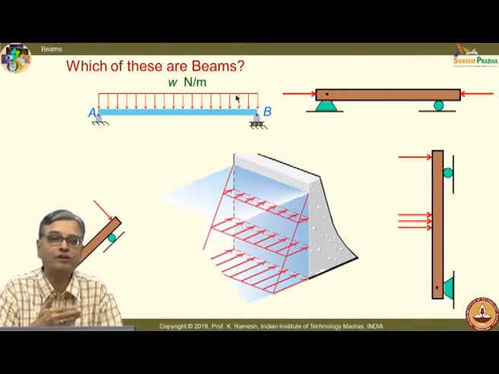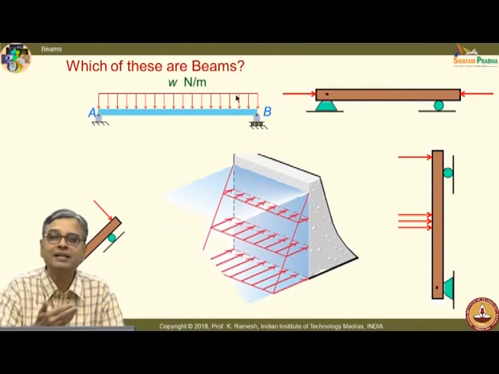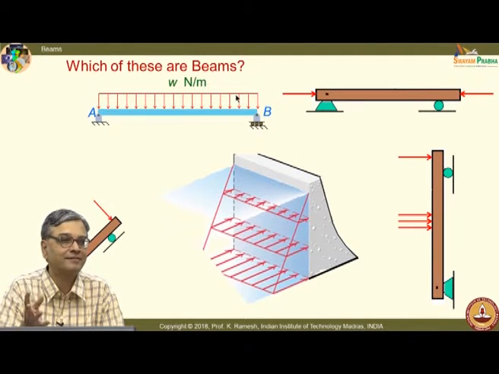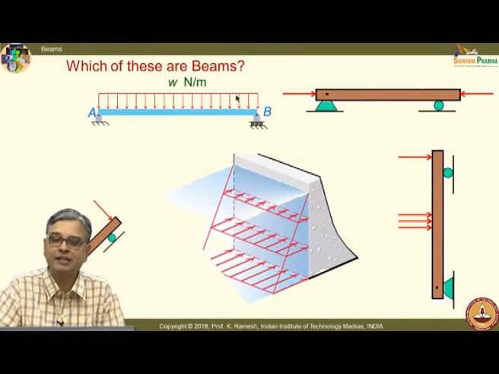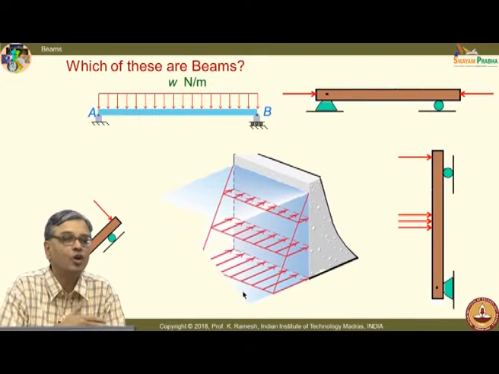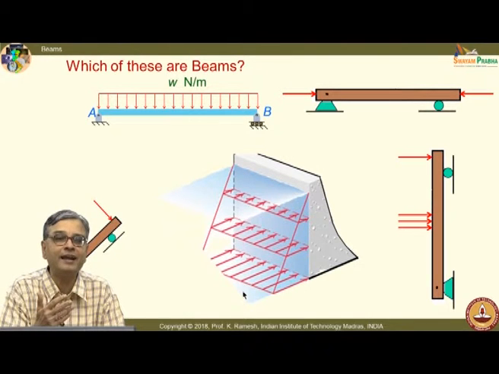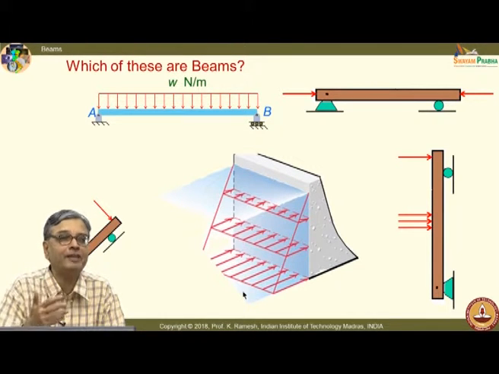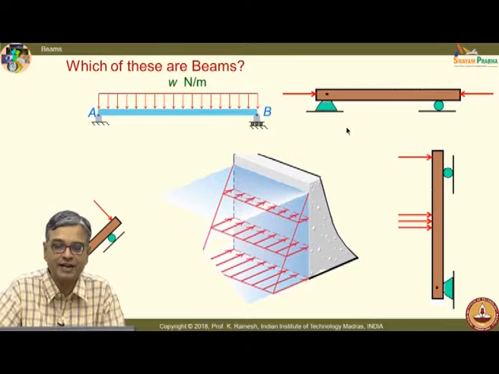See, the books, in order to train you to handle distributed load, give different types of distributed loading to get a mathematical practice. But if you look at it from a practical standpoint, you will come across either uniformly distributed load, in many cases representing the self weight of the beam, or a loading which is triangular, indicating the load that could come from a liquid column. So, you should be comfortable in handling uniformly distributed load and triangular loading. You cannot escape out of it. They are very, very common, and you should be comfortable in handling this.